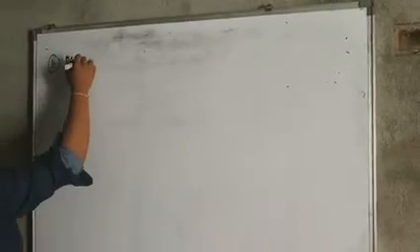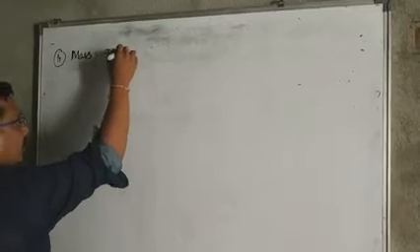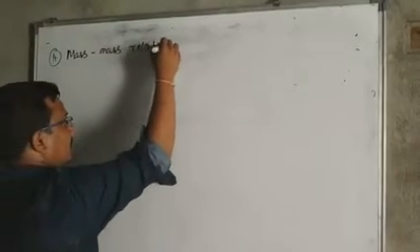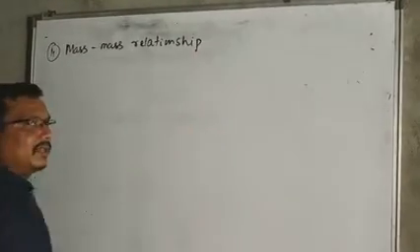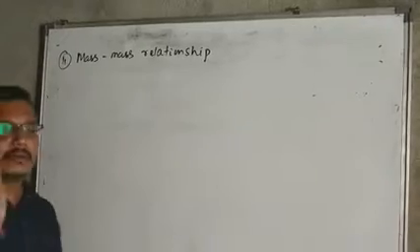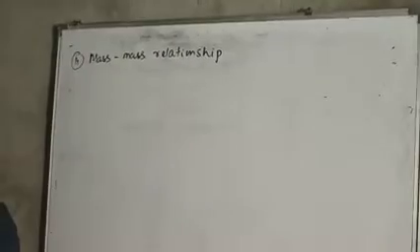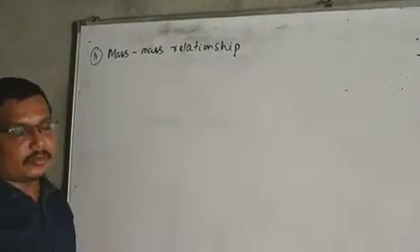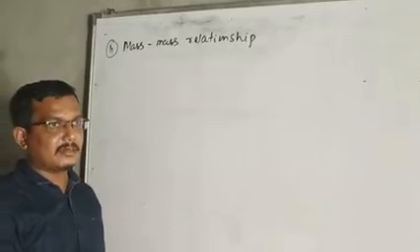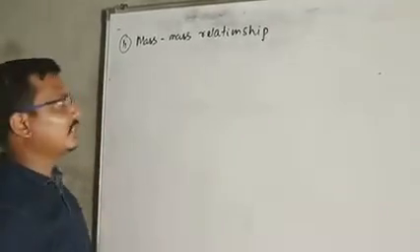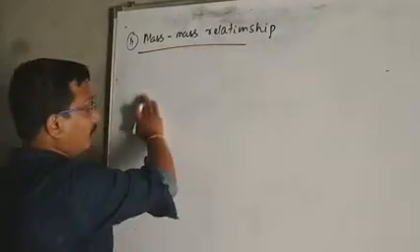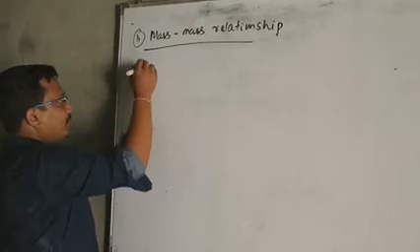Next, the second relationship is your mass relationship. That means mass is given and your aim is to find the mass of any substance, maybe reactant, maybe product. If a reactant is given, maybe we find the product. If one reactant is given, then the mass of another reactant must be found out by you. Suppose we take a problem.